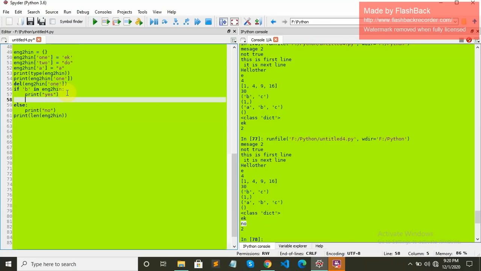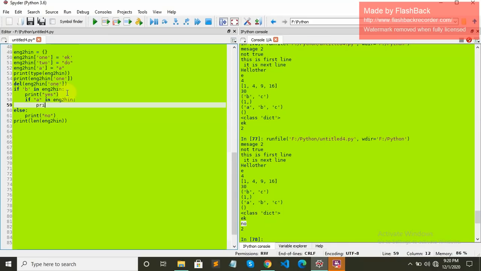And for the nested if, we can have another if inside this if statement. If A in hin, then print A is here.